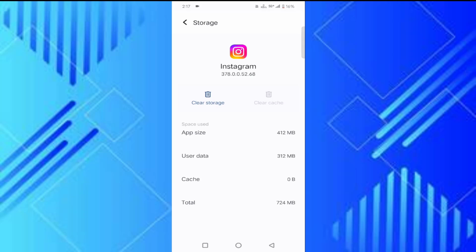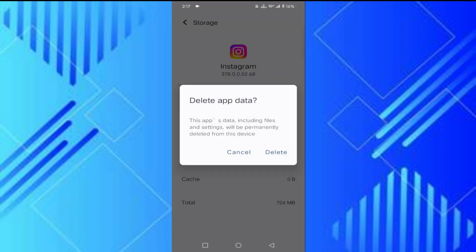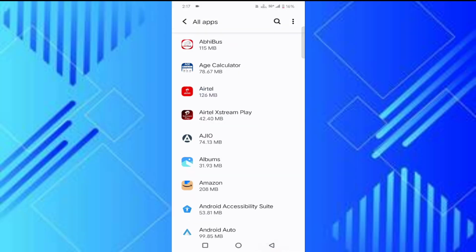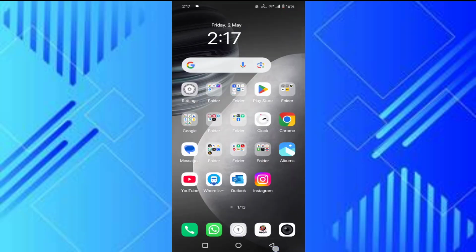After that here you will find clear storage. Before tapping delete, you have to read this carefully. This app's data including files and settings will be permanently deleted from this device. After reading this, just tap on delete, then go back, open the Play Store,